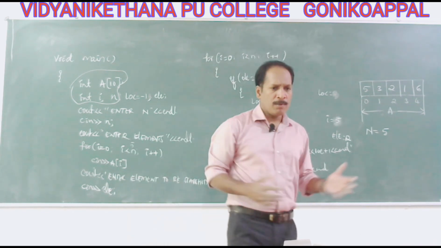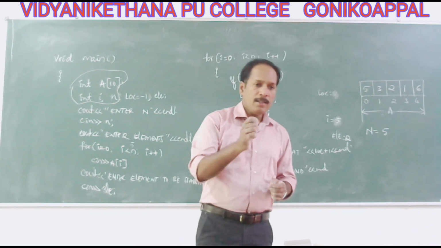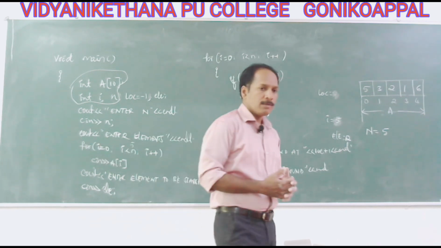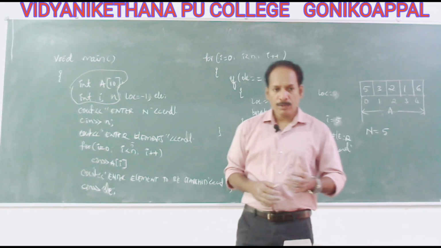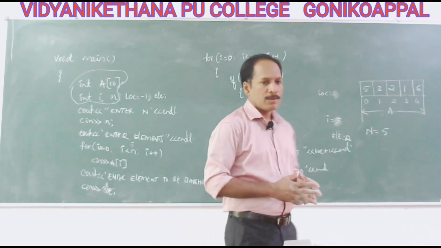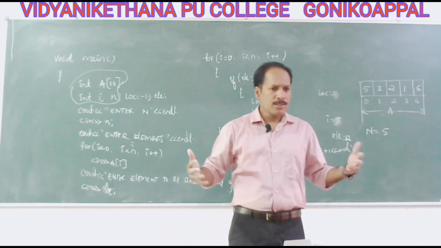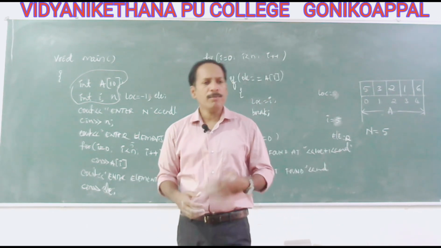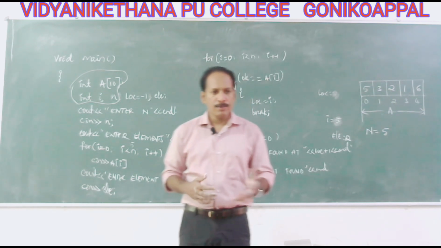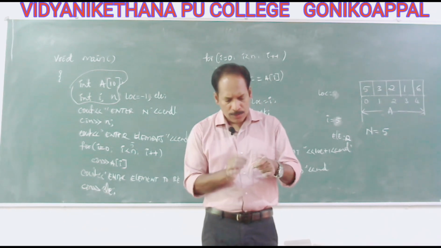If it is 10 elements, no problem. 10,000 elements is also no problem. But if you have 20 lakh or 10 lakh elements, to decide whether the element is present or not I have to make 10 lakh comparisons. So is there any alternative method? Any other idea means that is what we are talking about, binary search. We cannot go one by one. This technique, linear or sequential search, may not be efficient to handle large amounts of data. It consumes time. It's good when it's one of the simplest methods. This is what we do in real life also. Whenever you search, you search one by one only.